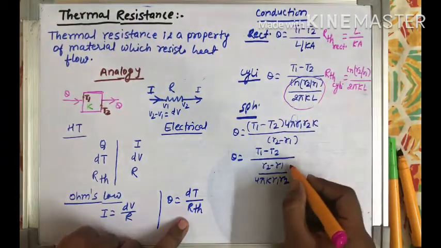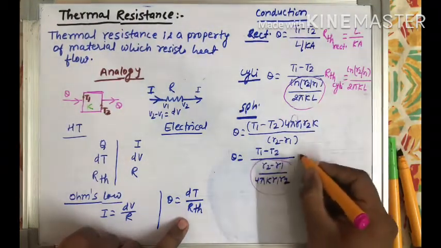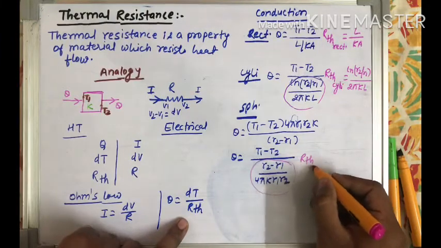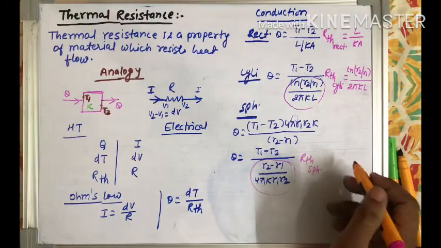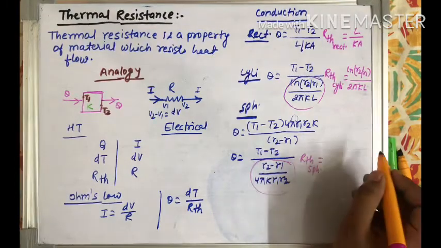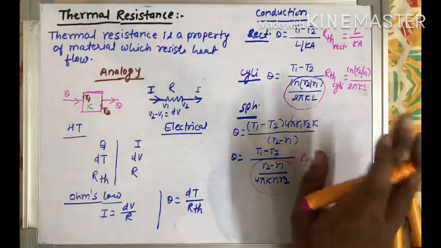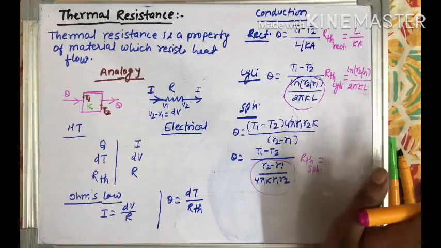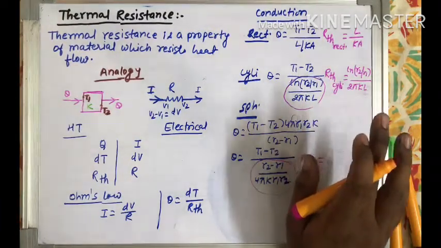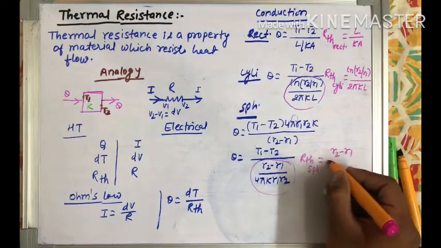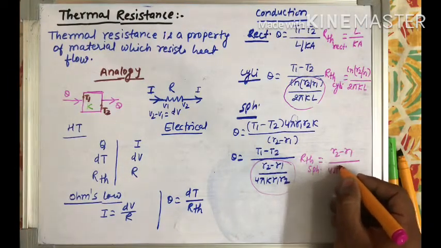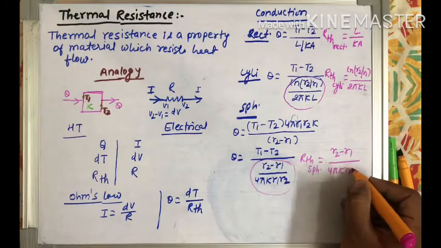इसी तरह से हम यहाँ देख सकते हैं कि ये नीचे वाला जो टर्म है ये क्या होगा, थर्मल रेजिस्टेंस. किसके लिए, स्फेयर के लिए. मैं यहाँ लिख रहा हूँ रेक्टेंगुलर सिलिंड्रिकल स्फेयर, ये ज़रूरी नहीं है. तो आगे जब मैं देखूंगा तो वो केस पे रहेगा, तो मैं लिखूंगा नहीं कि इट इज़ फॉर सिलिंड्रिकल और रेक्टेंगुलर और स्फेरिकल. I will simply write RTH. So here would be R2 minus R1 divided by 4 pi K R1 R2.